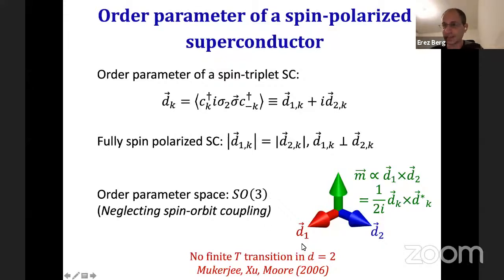But we'll talk about finite systems. Presumably at low temperature, the correlation length would be exponentially long, and we'll imagine that the correlation length is much bigger than the system size. So the system would look superconducting, even though in the thermodynamic limit it really wouldn't be. So that's our phase. That's the phase we're interested in.